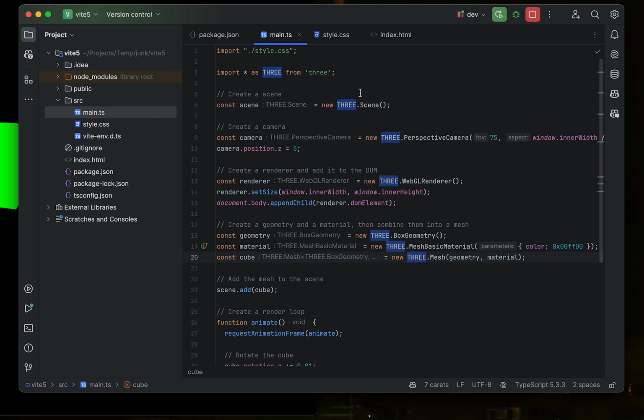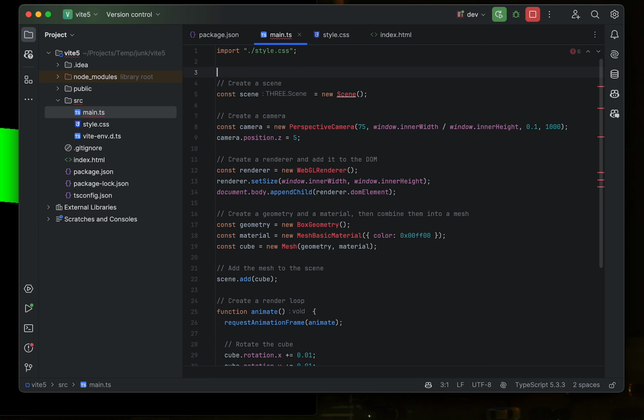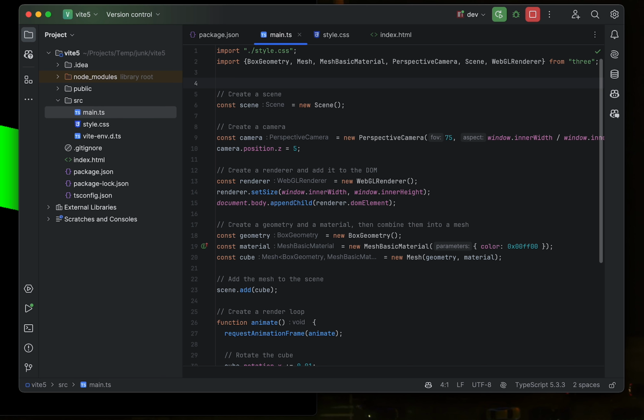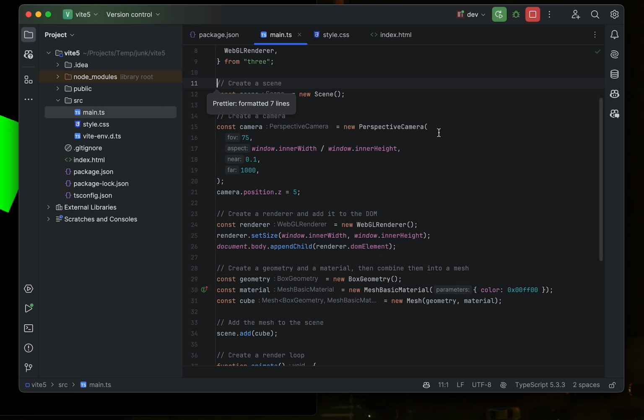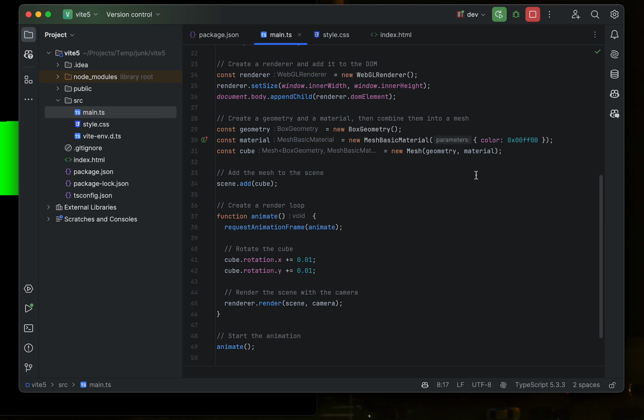As a TypeScript project, I'd like to change the way these imports work. Select these, and then we'll do an auto import to resolve all. And let's optimize and format that. Excellent. All right, so in place of this cube, let's try some different prompts and see if we can create